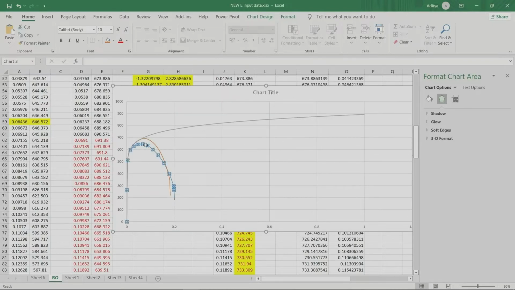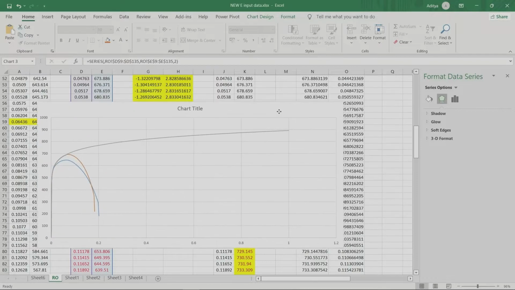This data here is your engineering stress strain data, then this data here is your true stress strain data. Then we haven't used this falling curve, we have extrapolated that data by using the flow rule. So we will calculate the input from this data only.